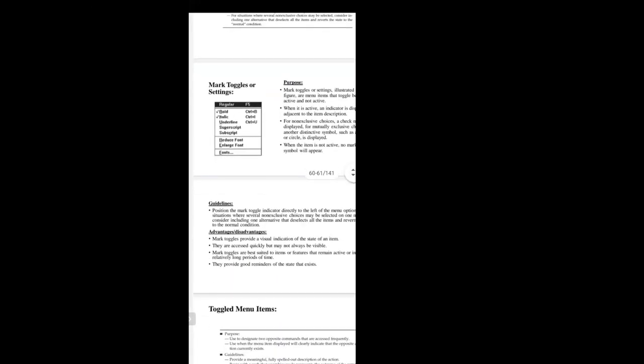They are accessed quickly but may not always be visible. So again, this is a disadvantage. All these points can be both advantages and disadvantages. They can be accessed quickly if it is highlighting, something like blinking for us, telling the user we are on this one and can press enter. There are 5-6 options.